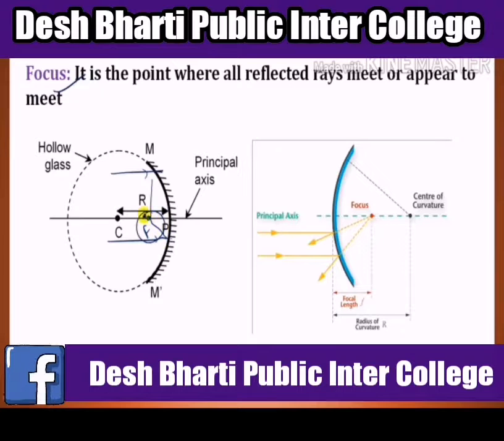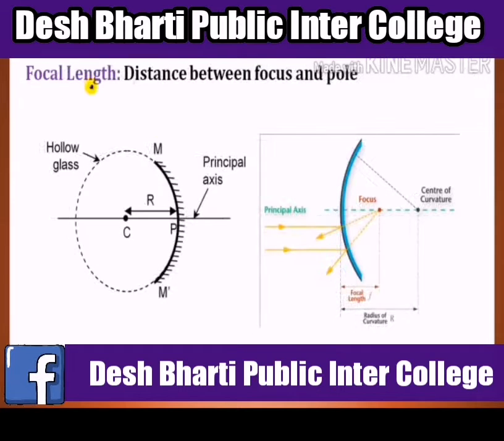In a concave mirror, the focal length is negative, and in a convex mirror the focal length is positive. You are seeing that the real focus of the concave mirror is at the left of the mirror. Okay, and the focus of the convex mirror is at the right of the mirror, so it is positive, and for the concave mirror it is negative.